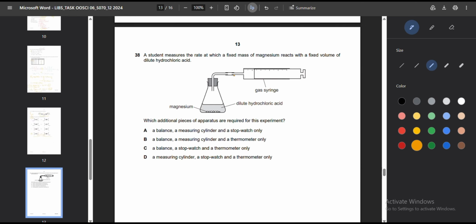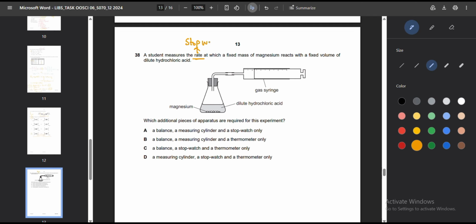Question number 38. A student measures the rate of a reaction at which a fixed mass of magnesium reacts with a fixed volume of dilute hydrochloric acid. Which additional pieces of apparatus are required for this experiment? So what is he doing? He is measuring the rate. For measuring the rate of a reaction, what do you need? You need a stopwatch